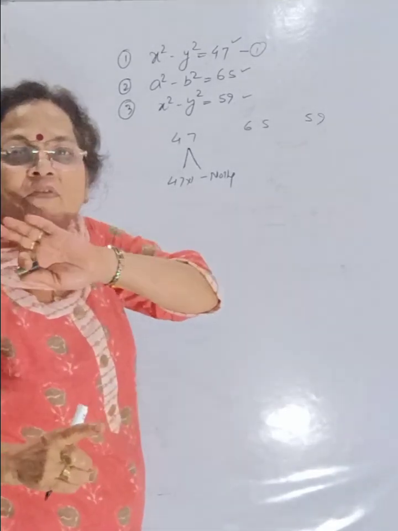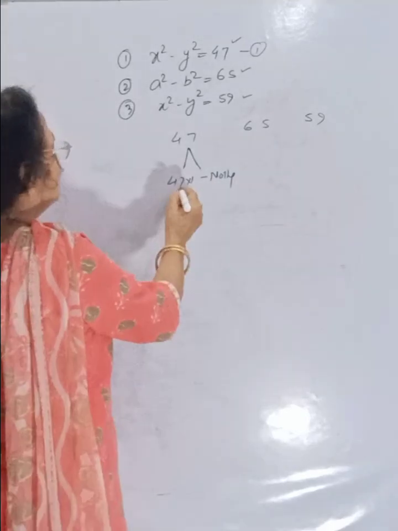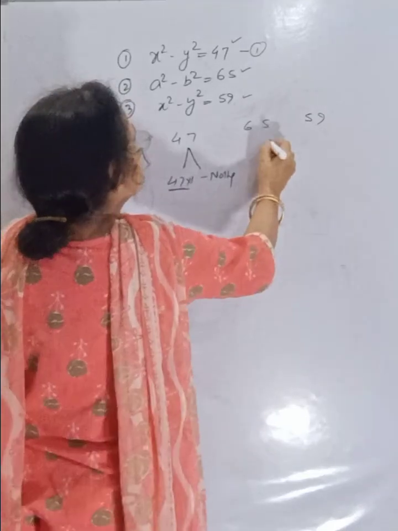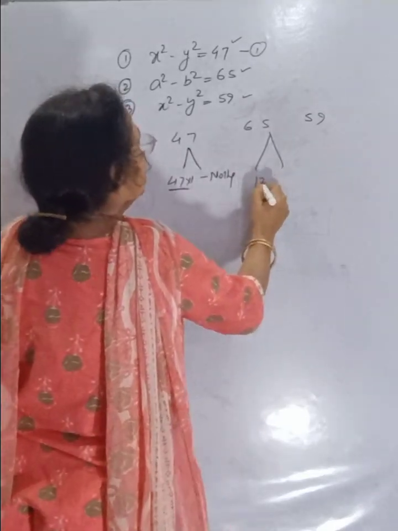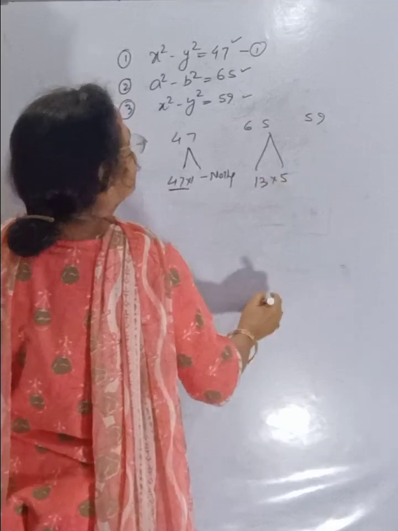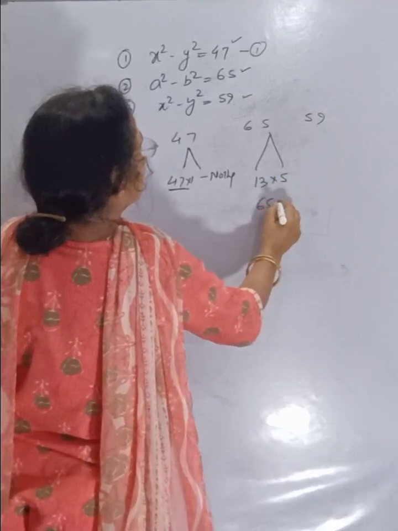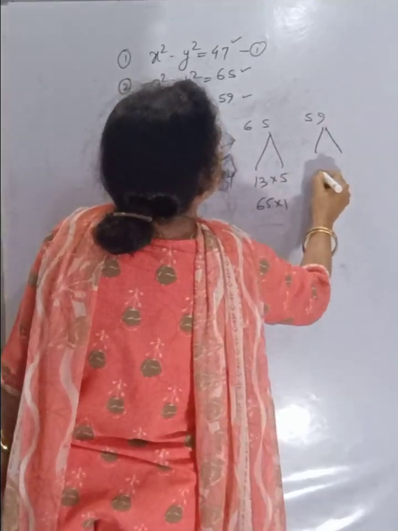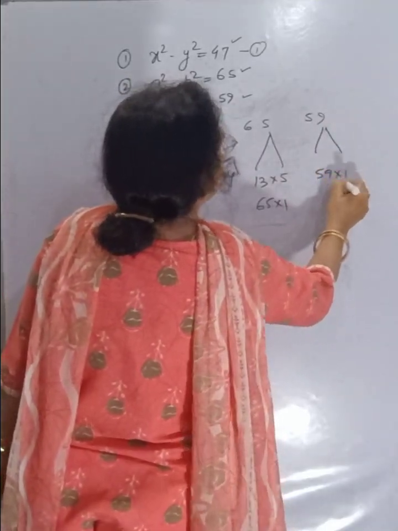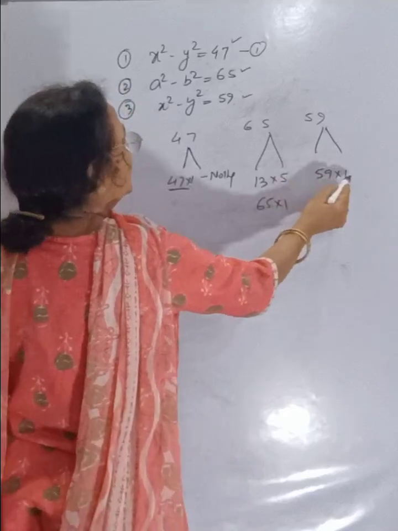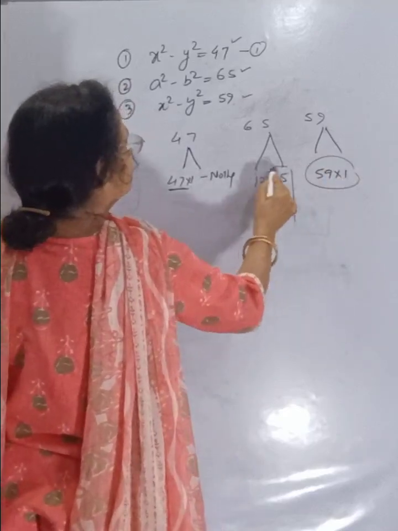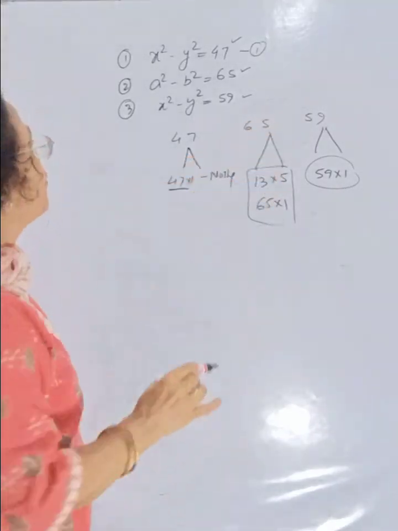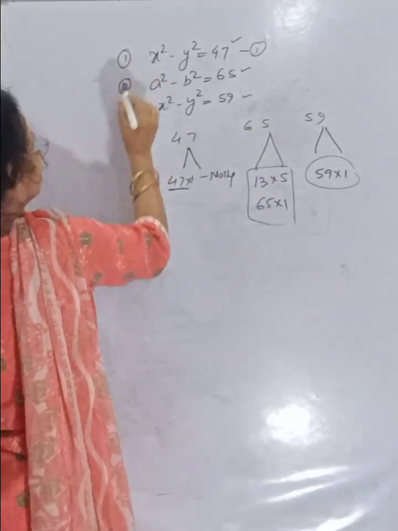that can be multiplied will give 47. 47 के अलावा कोई दूसरा नंबर है ही नहीं कि कोई भी इसके प्रोडक्ट को 47 में दो पोर्शन में बांट सकते हैं. 65 में भी दो है, 13 इंटू 5 65 और 65 इंटू 1. अदर देन ये कुछ नहीं होता. सेम ओवर हियर 59 इंटू 1. इट मीन्स उसके अलावा कोई नहीं है. ये स्पेशल क्वालिटी होती है. उस केस में कैसे कर सकते हैं?